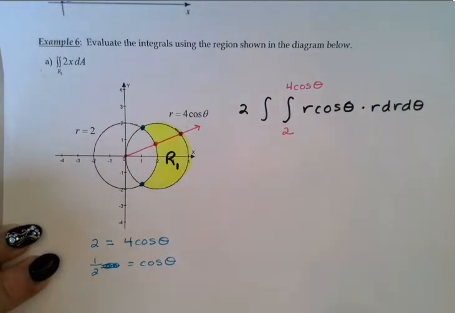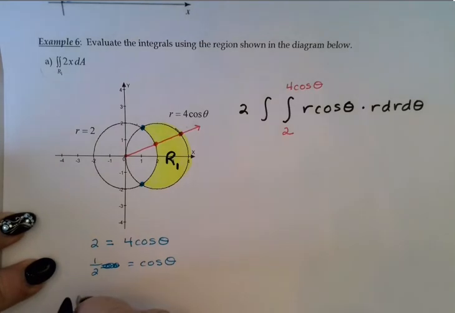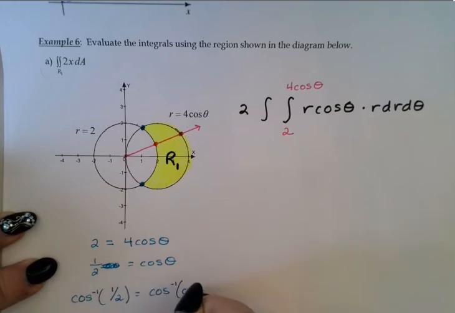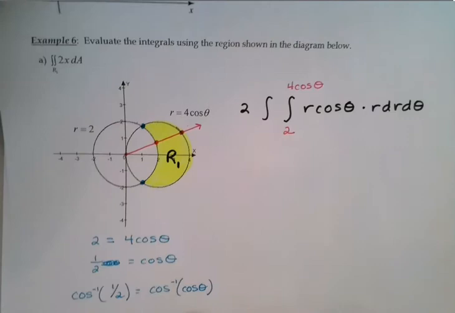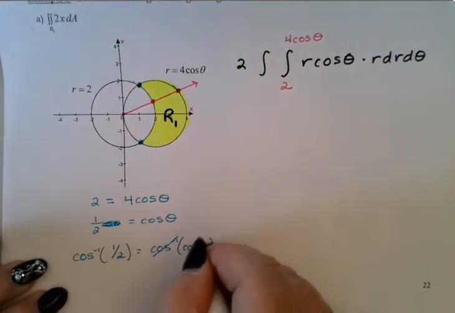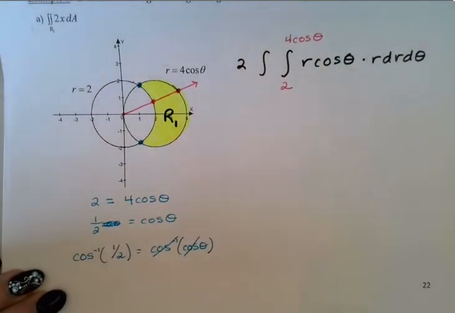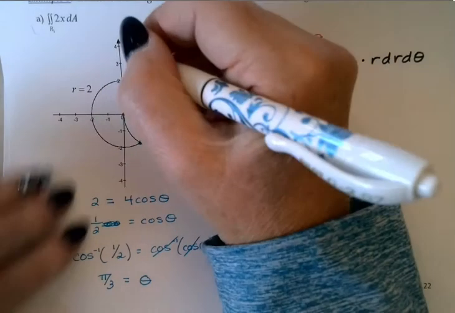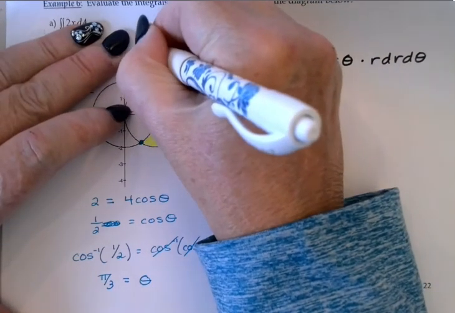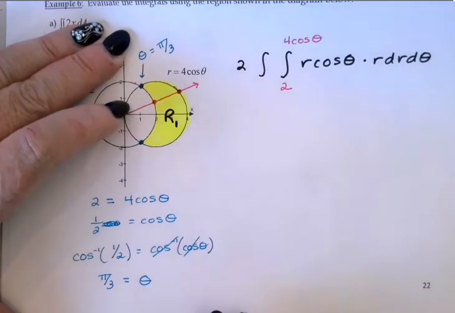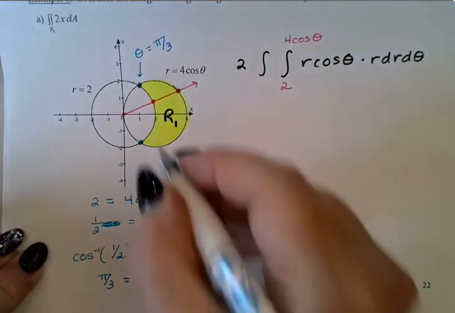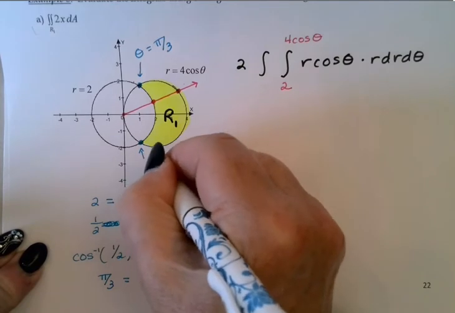And then the inverse cosine of 1/2, inverses cancel on this side, and the inverse cosine of 1/2 in the first quadrant is pi over 3. You just get that off of a unit circle. Now, by symmetry, we could tell that this theta value would have to be negative pi over 3 down here